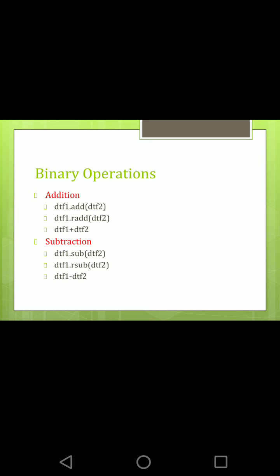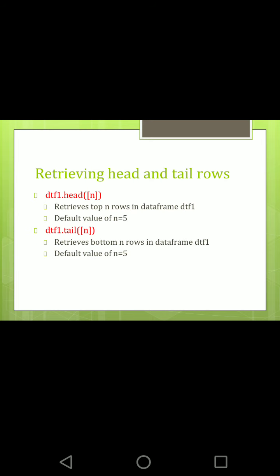You can use the symbol plus also to add the data frames. Similarly for subtraction, multiplication and division. And one thing in these binary operations is that the shape of both data frames need not be equal in all cases. If any value has no corresponding value in the second data frame, null values will be generated for the result. You can find the examples in the textbook.